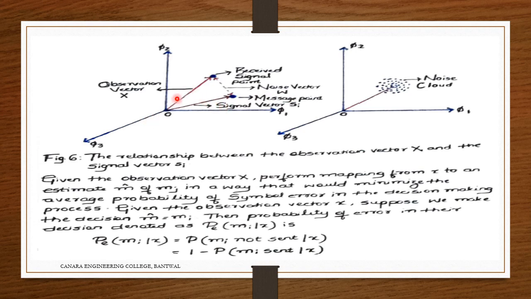So this observation vector, what we are expecting, but what we are getting is like this. You can see here phi1 is one axis, phi2 is another, phi3 is another axis. So this is the difference caused by the noise vector that we call the AWGN. We have to eradicate this noise and then represent it. One more thing, if you take it in terms of a noise cluster, as we use in pattern recognition, we are taking a noise cloud here and taking certain expectation points so that it doesn't affect our efficiency.